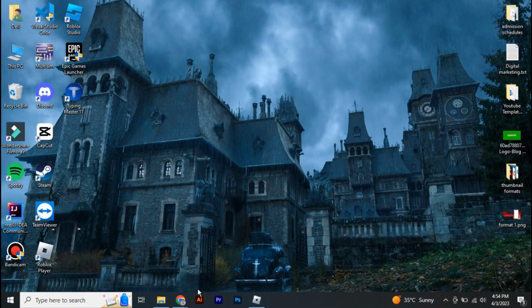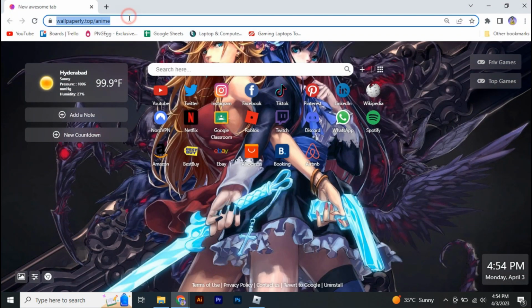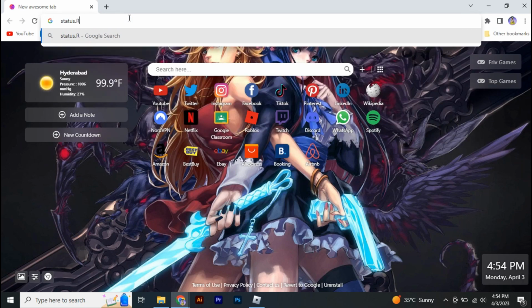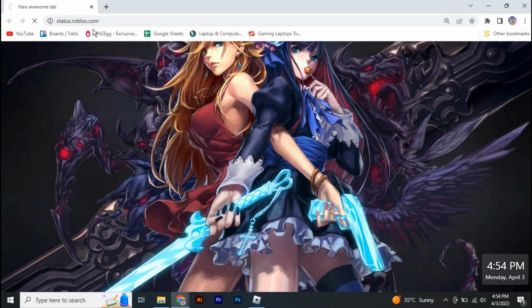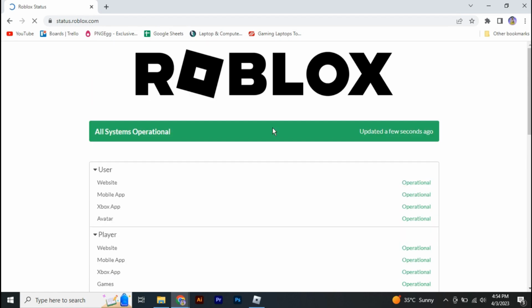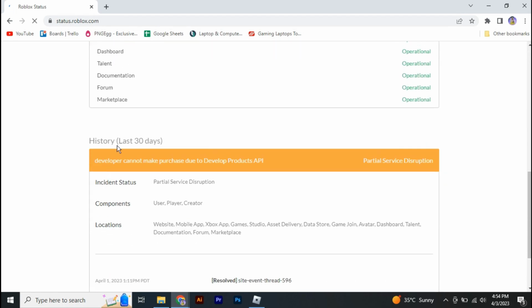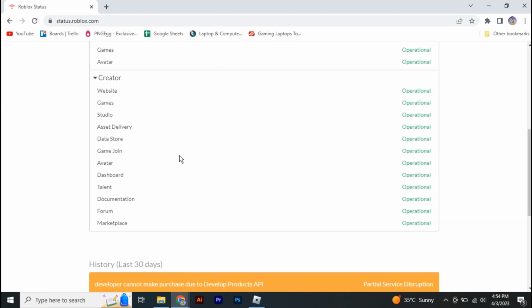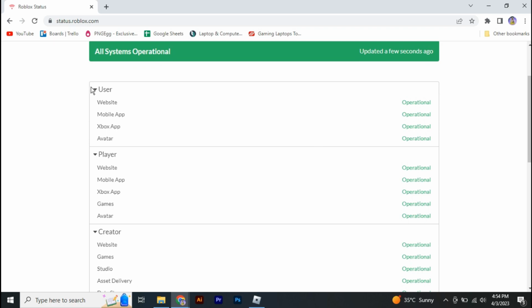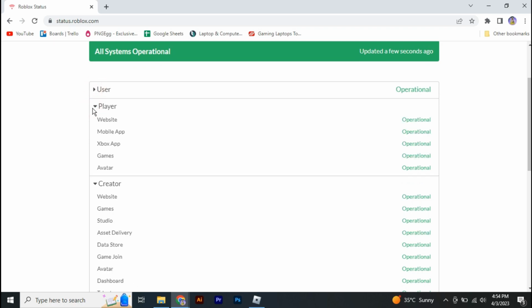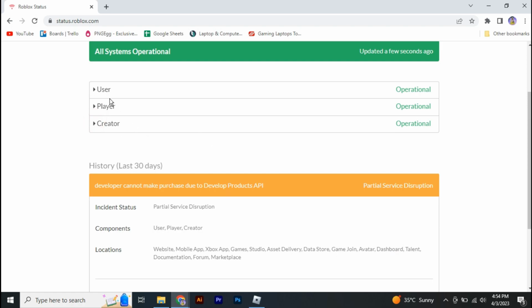All you need to do here is, first of all, check if the servers of Roblox are working properly or not. So you're gonna go to status.roblox.com. Now this is a website which displays whether the Roblox services are working perfectly or not. So if you find this operational tag in front of everything, it means that all the servers are working good. But if you still have this error, then the next step is going to be